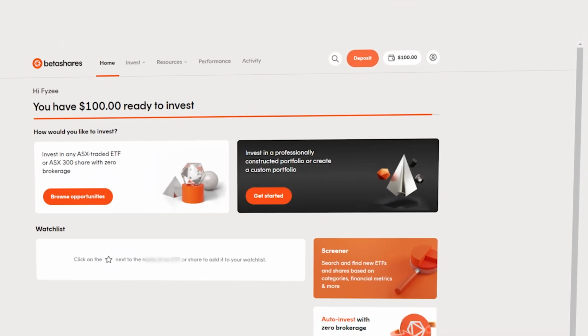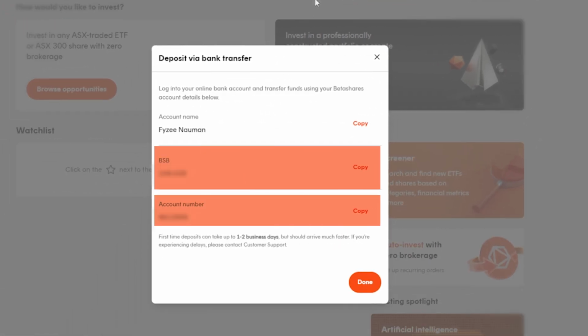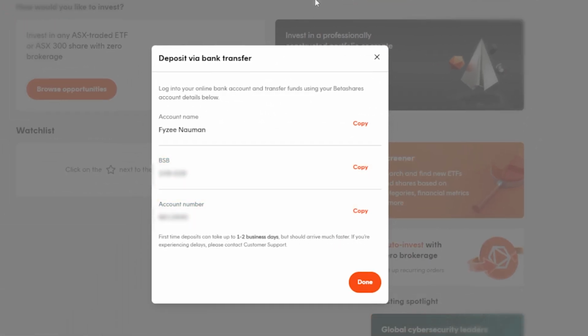The very first thing you want to do is deposit your money. So go up here and click on deposit. It'll show the BSB and account number of your specific BetaShares account that you need to transfer money into. It's very simple. Go to your internet banking, do a quick bank transfer, make sure that you enter the BSB and account number that's right here, make sure that it's all correct, and within seconds the payment should come